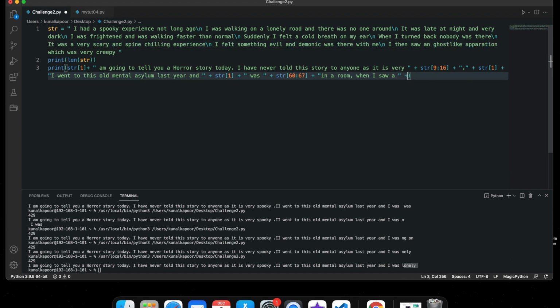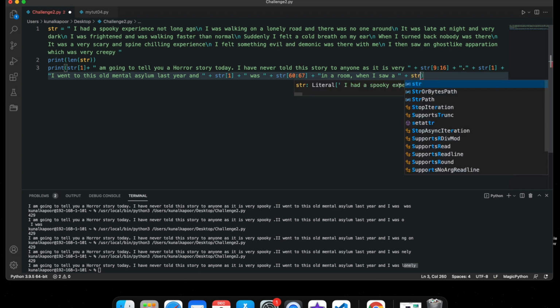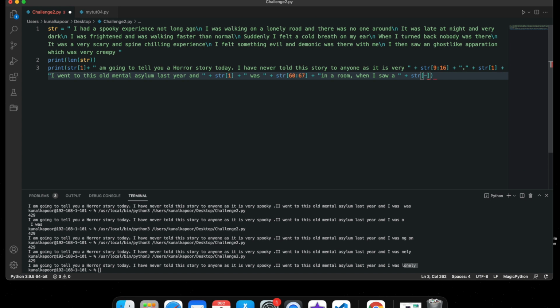When I saw a... Now I'm not going to use the normal slicing. I'm going to use the negative slicing here because it's right at the end somewhere. So let's do negative 20.